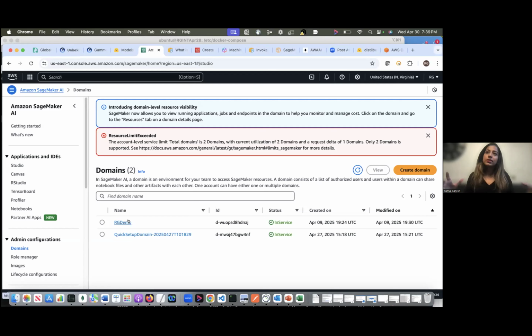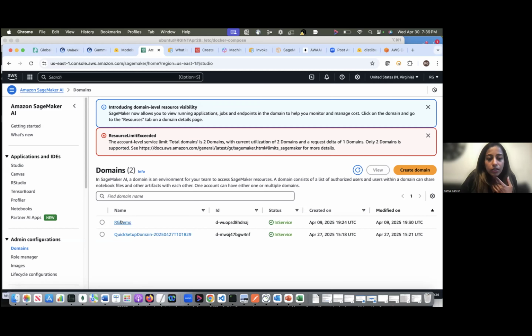SageMaker basically provides an ecosystem where you can do everything end to end. You can train a model, deploy a model, and run inference on a model. So the entire life cycle can be done in SageMaker AI. When you create a domain, it offers you a package. You can use whatever, like IAM, and you can use an S3 bucket, and everything is pre-configured with that platform. So this domain will have access to everything.